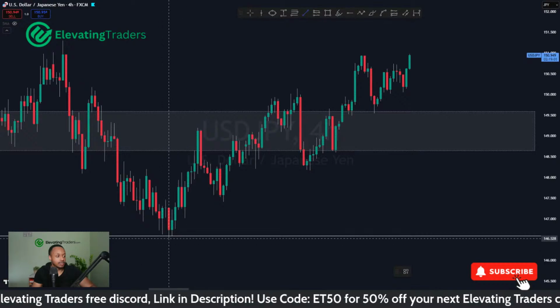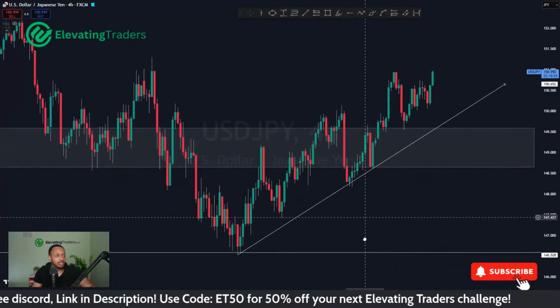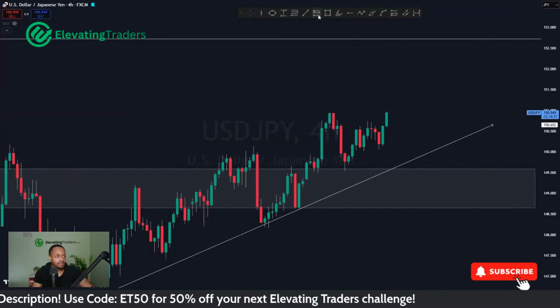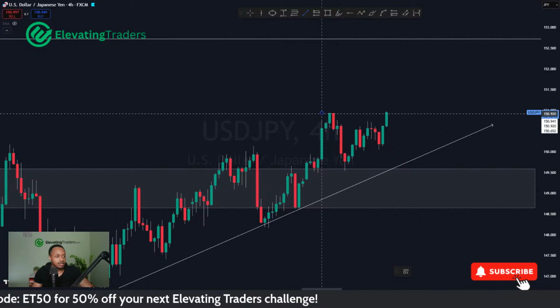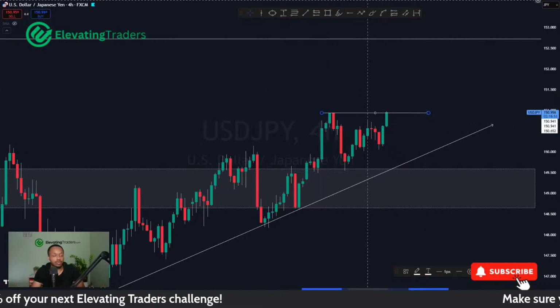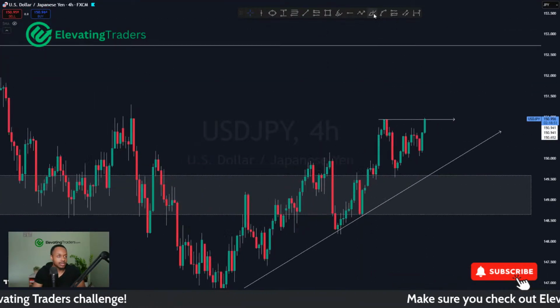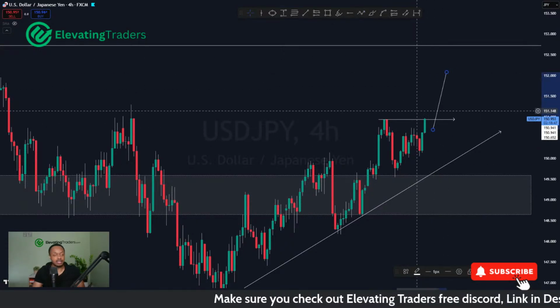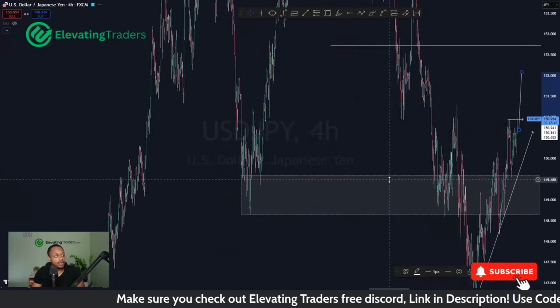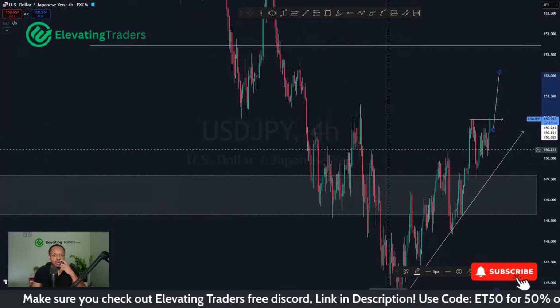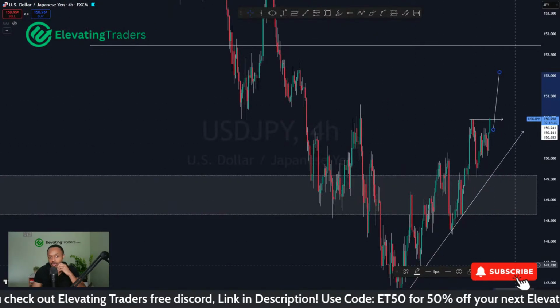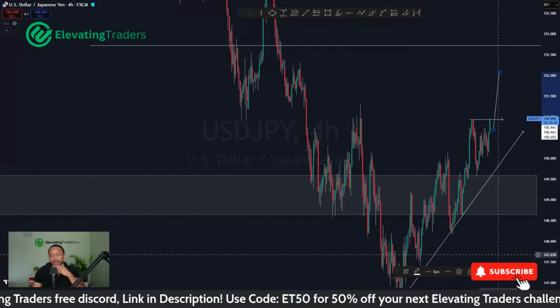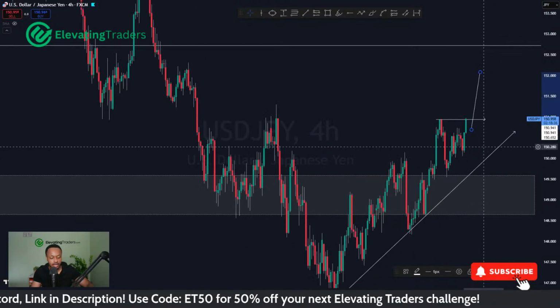As I drop to the 4-hour chart, yeah, it just looks like price is just pushing to the upside here. We've got some resistance to contend with. So again, we can definitely reject that level. I think naturally price does have room to the upside. We might see some lower time frame pullbacks, but I do think the bigger move here for dollar yen is to see more upside. 152, 152.5 we could be talking about for dollar yen.